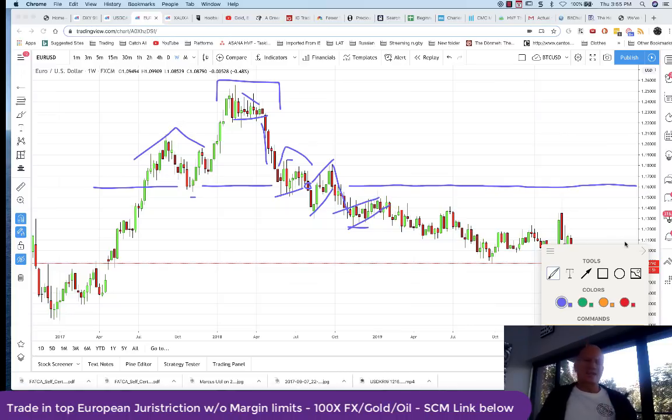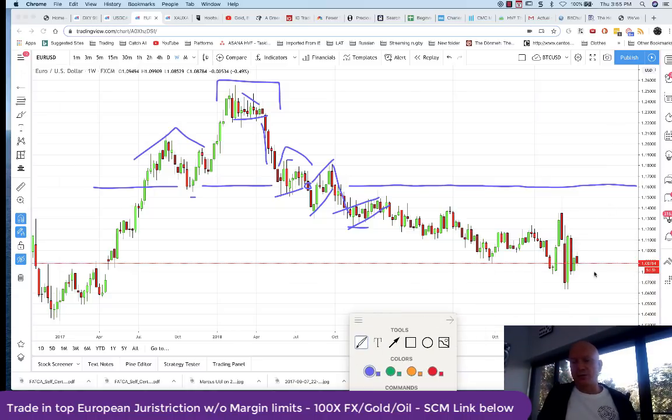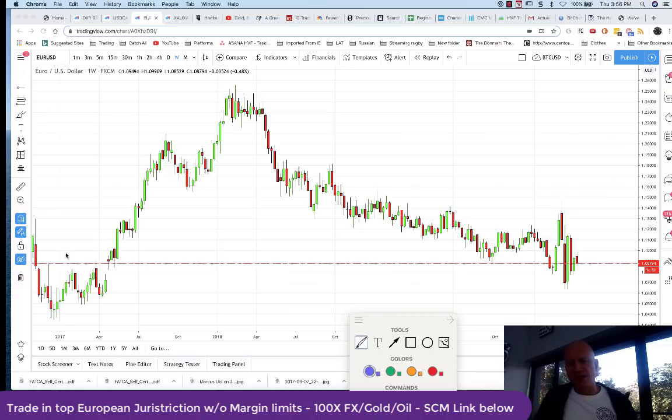Now you might say this isn't the most impressive head and shoulders in terms of rate of performance to the downside, and you would be absolutely correct, in which case why am I calling further downside at this low level down here at the 1.087s, which is another good question. So let's deal with them. I'm going to clear that screen and I'm going to bring back some further lines, but before I do that,